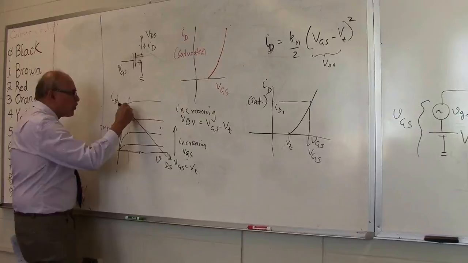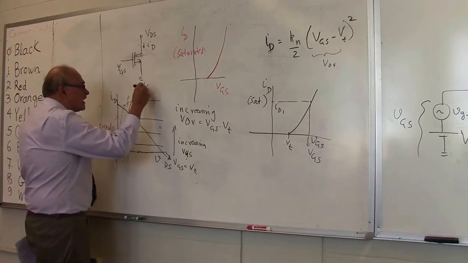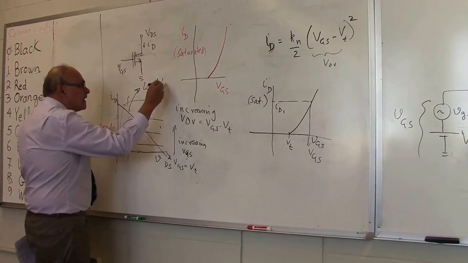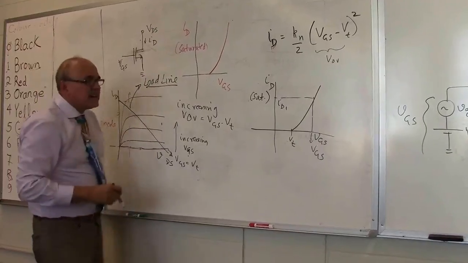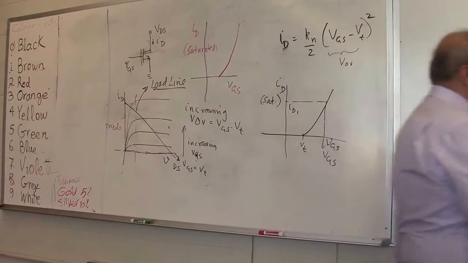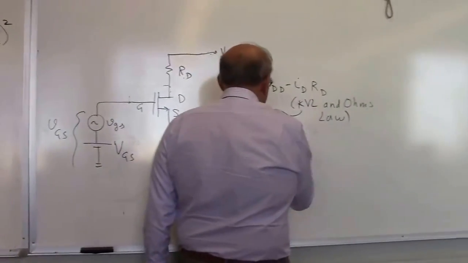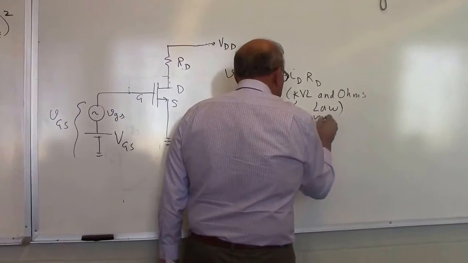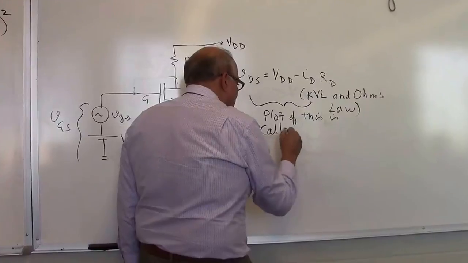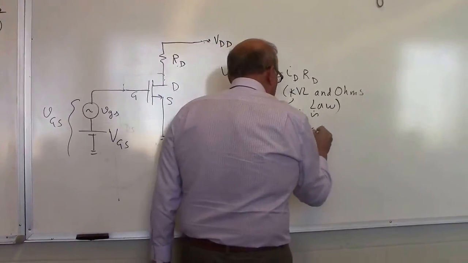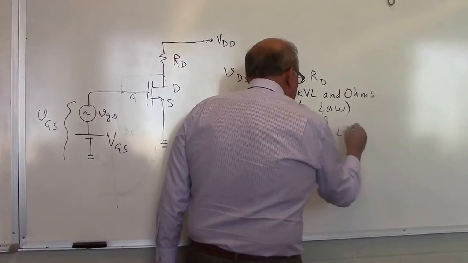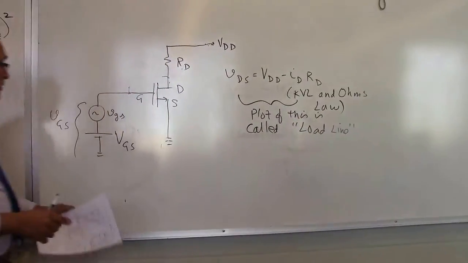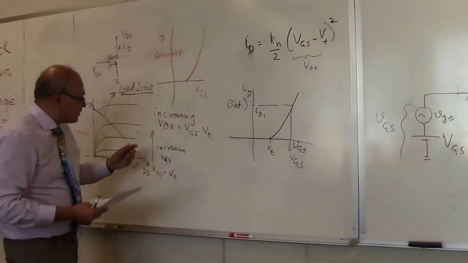That is called the load line. And the load line is basically the plot of this. So you superpose the load line on top of the characteristic, and wherever the intersection between the two